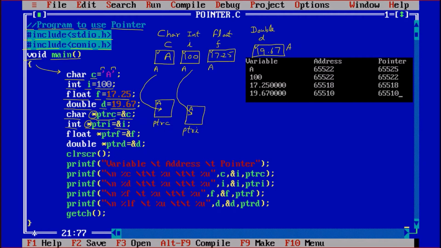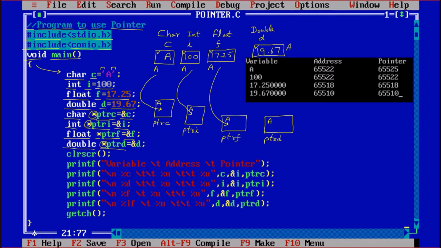But here we are storing the address. So float star ptrf, one more block is reserved in memory, ptrf means pointer to float, equal to &f. So the address of f is going inside the pointer variable. Then double star ptrd, so there is one more block created, ptrd means pointer to double, and star signifies the pointer variable which can store the address inside it.